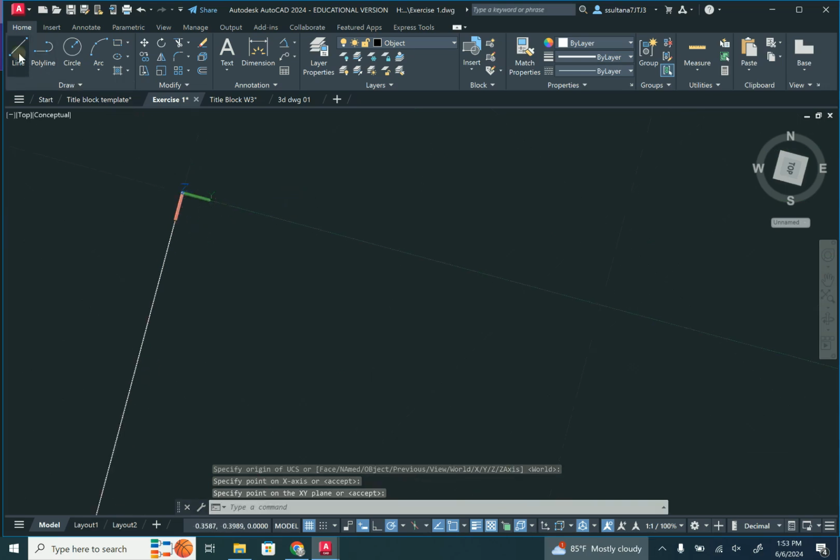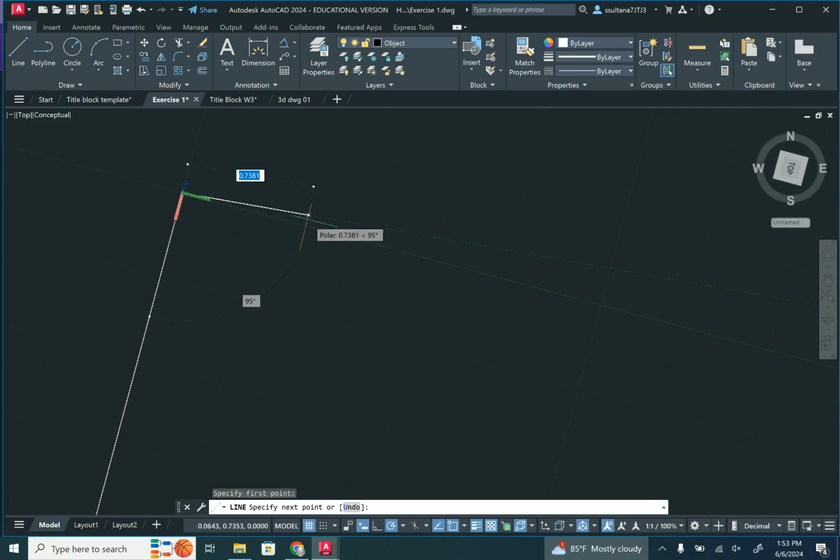So now line again, click on endpoint, and then we are going to follow the angle at 90 degree, and then type the length of CD is 3/4 of an inch, so it's 3/4. Enter again,